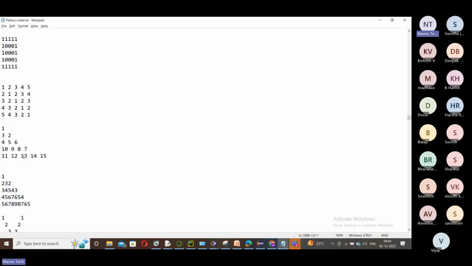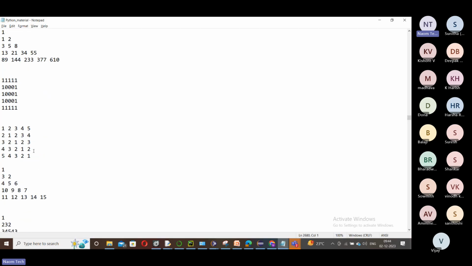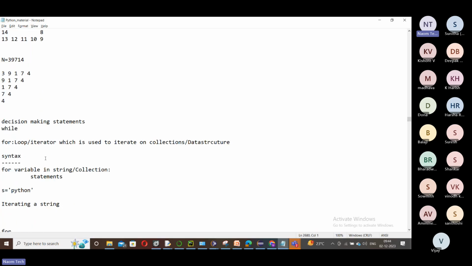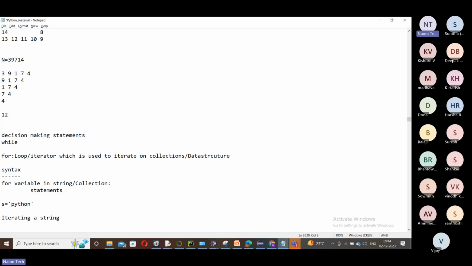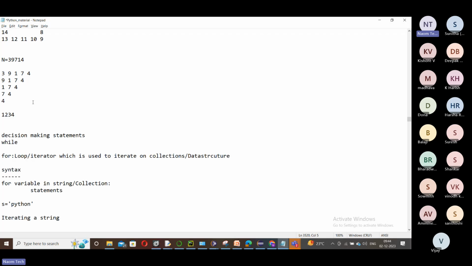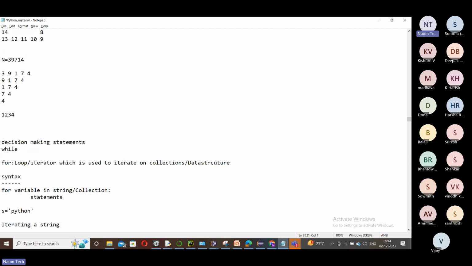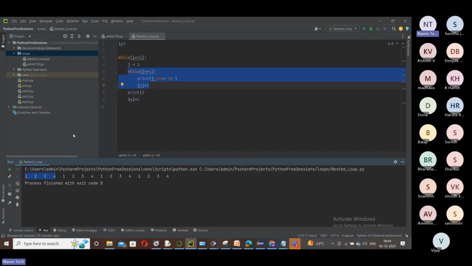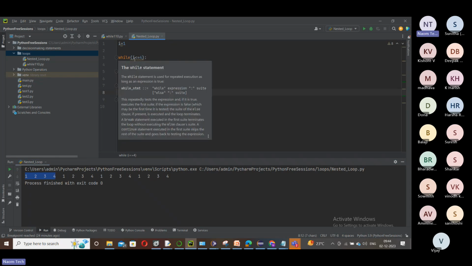It's more clear there. Suppose I'm printing a simple pattern: 1, 2, 3, 4. This is iteration 1. After printing 1, 2, 3, 4, I want to push the cursor to the next line. Then I should use a print after the inner loop and inside the outer loop.